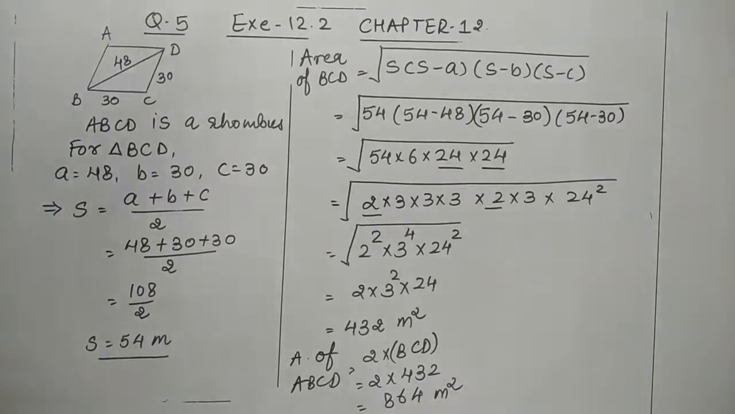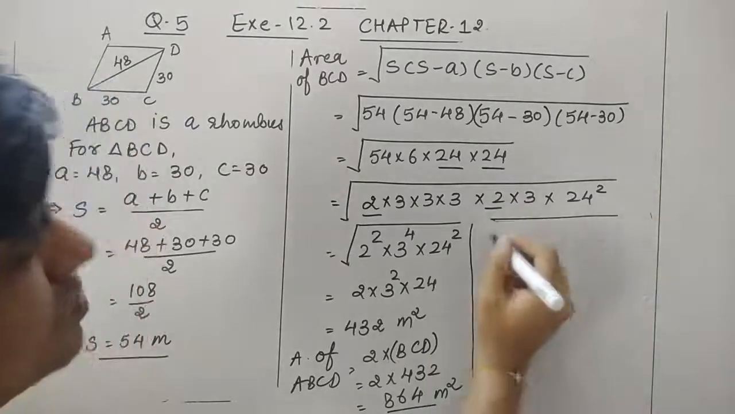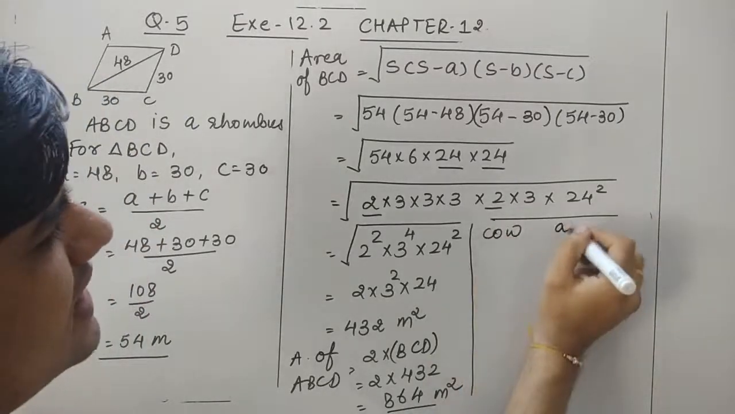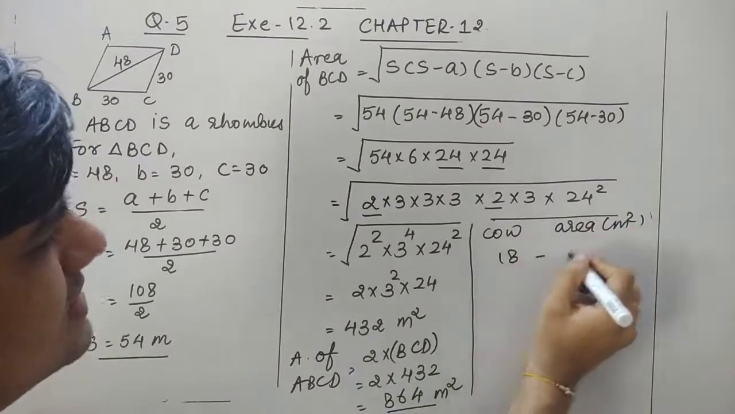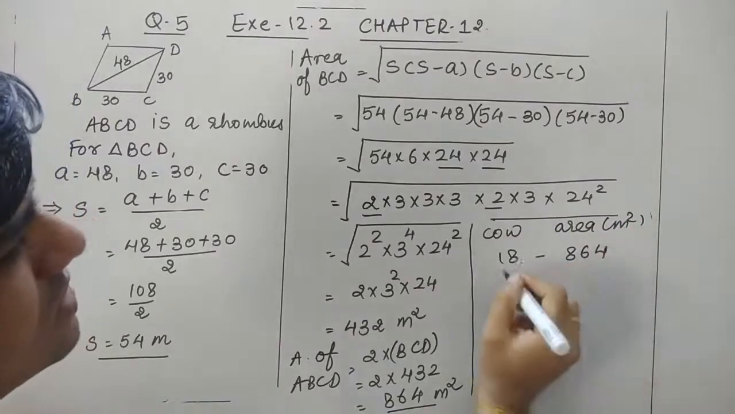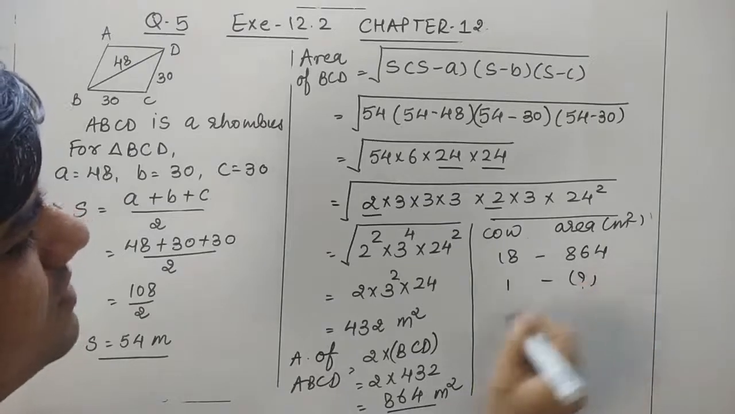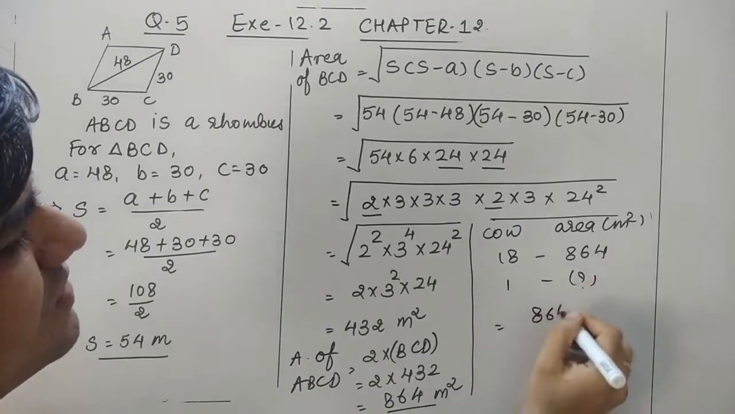Now this is not the final answer students, as it is mentioned that this is the area for 18 cows. What do we have to find? For each cow. So let's go for it. For 18 cows, the area is 864. So for each, that means one cow, what will be the area? It is obviously the division of